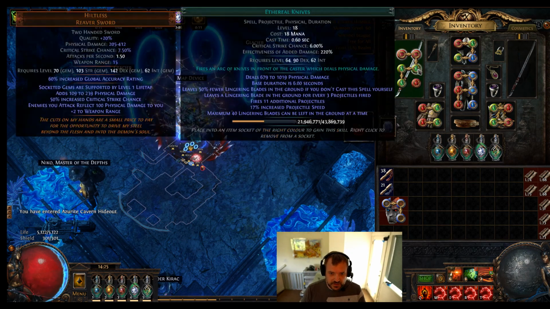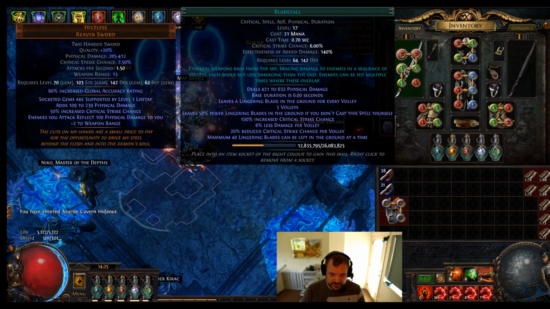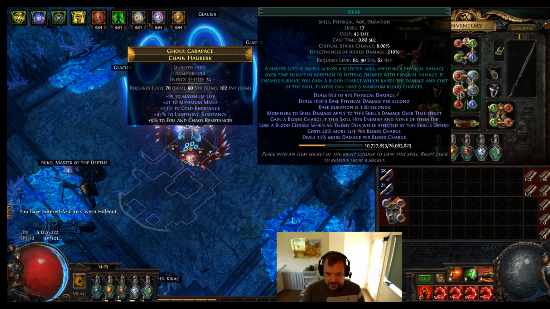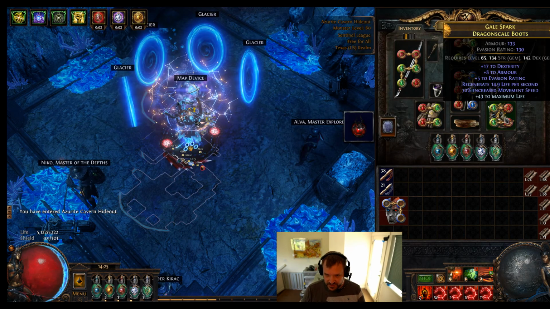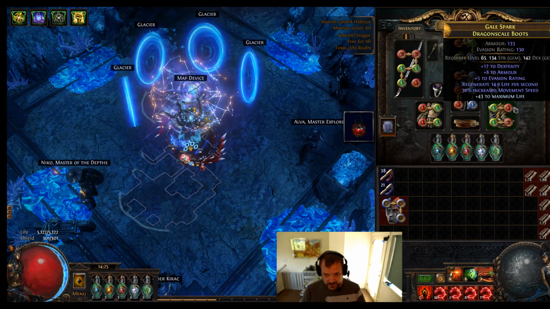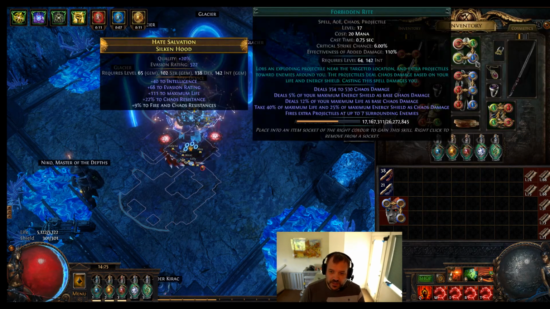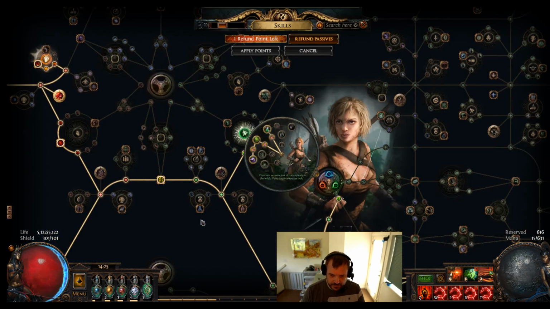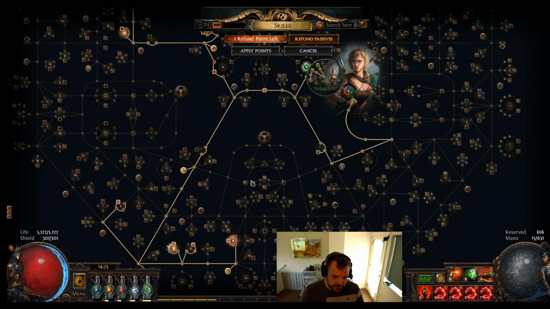First of all, level 18 Ethereal Knife, 17 Blade Fall, 17 Blade Blast, not great, 17 Reap, 17 Exsanguinate, and our Corrupting Fever is level 15. So this can go higher. Our life can go up, and our passive tree is